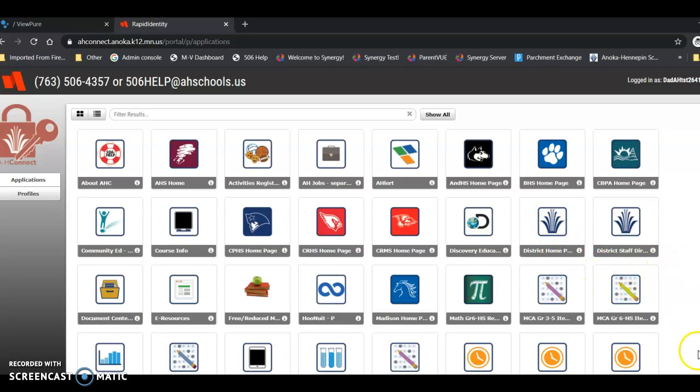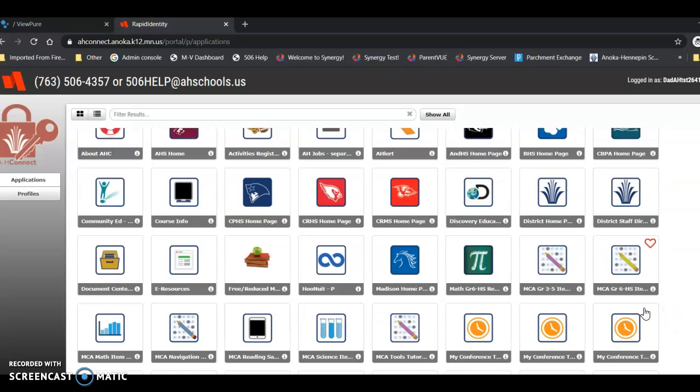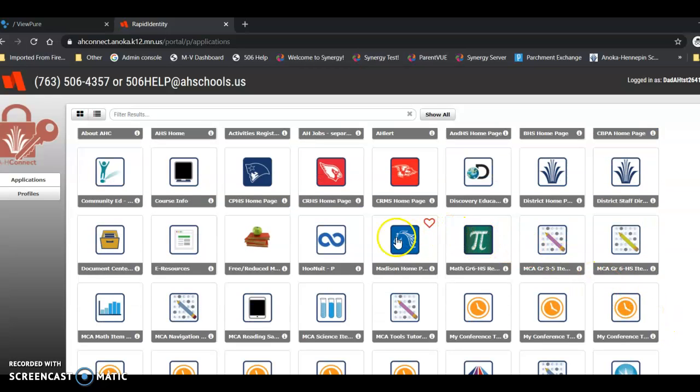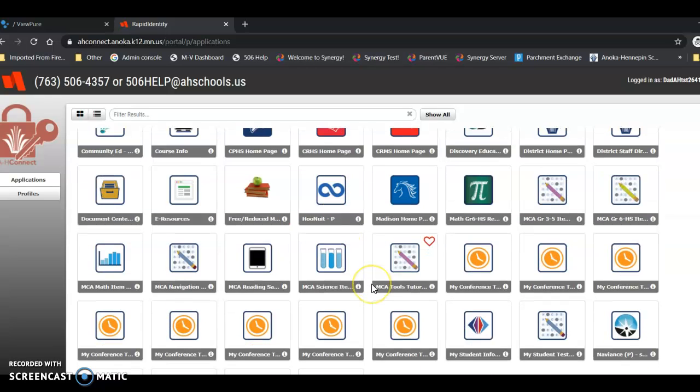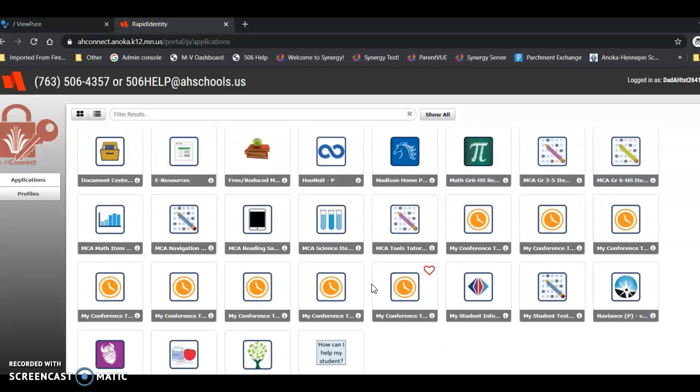Once you get into this page, sometimes this page is called the landing page, and we will refer to each of these sometimes as an icon, or we might refer to it as an app or an application. The one that you're going to use for the Back to School online verification is this icon or this application right here called My Student Information. When you click on that,